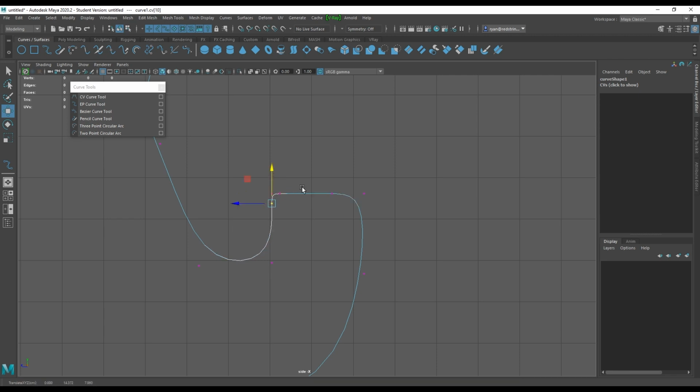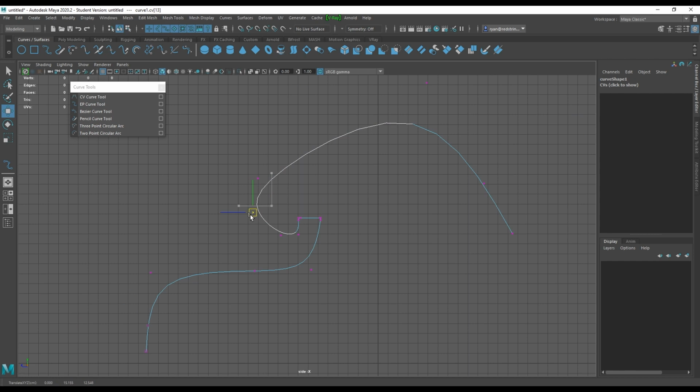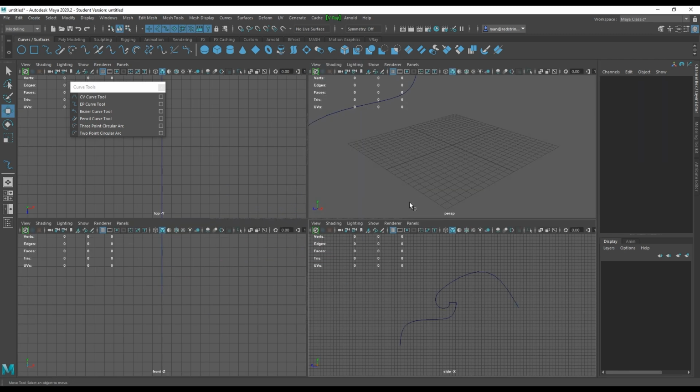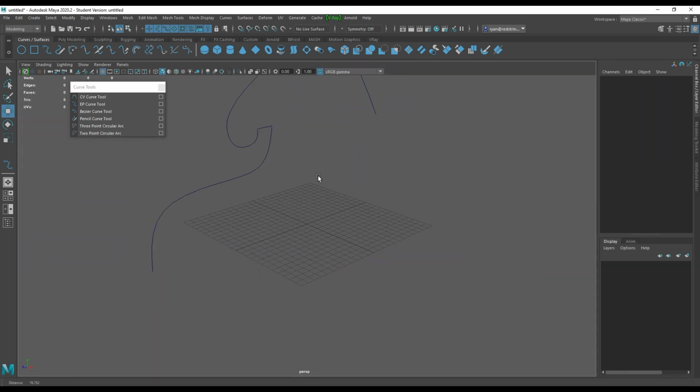I'm going to do it with these guys and then these doohickeys so that I can show you how sharp we can get these points. Then of course make that one more round, this guy a bit more round, and that's a decent curve that we can play with. If I go back to object mode and jump into my perspective, you'll see the curve